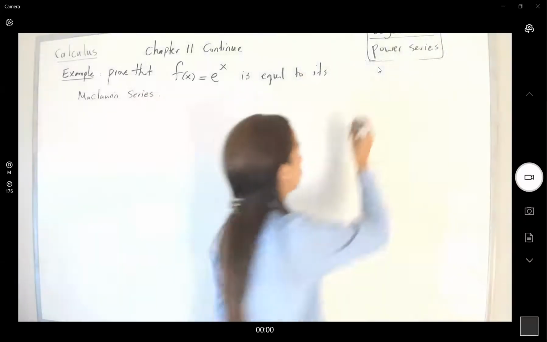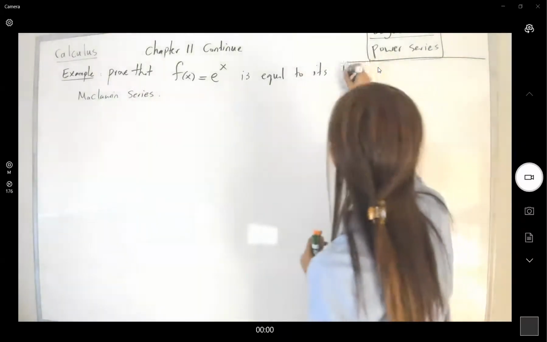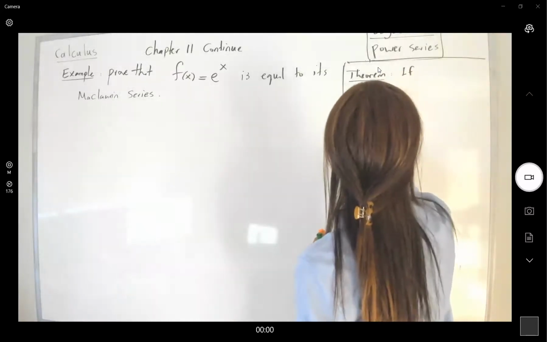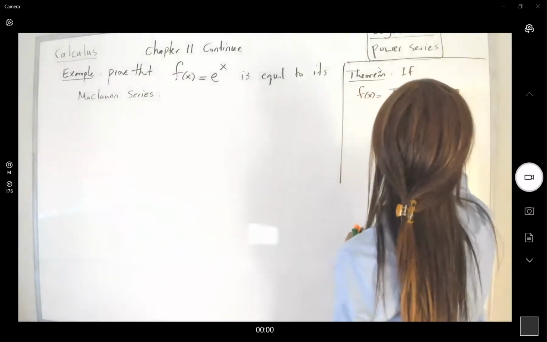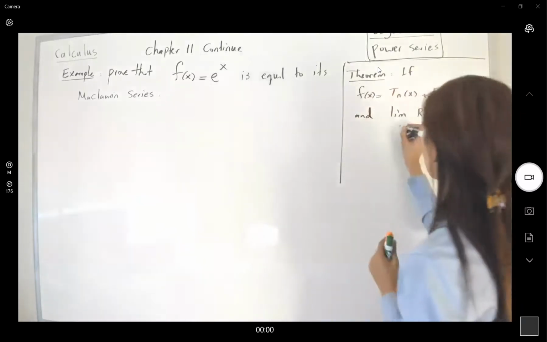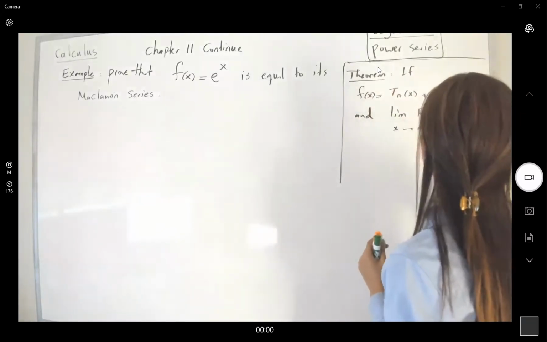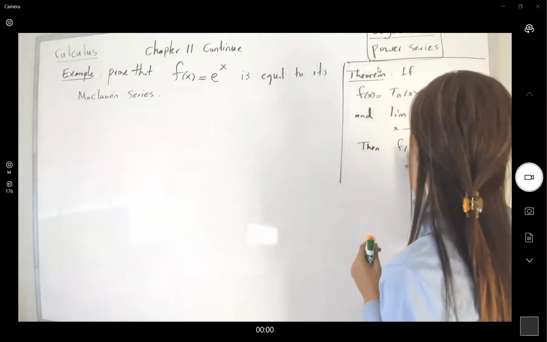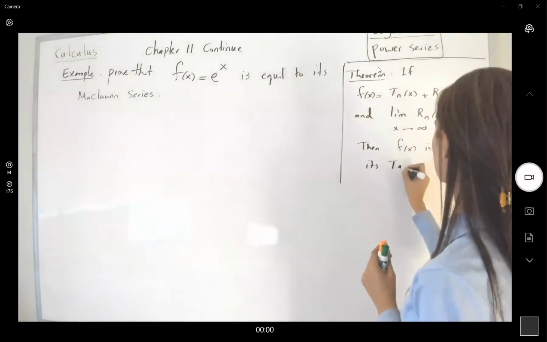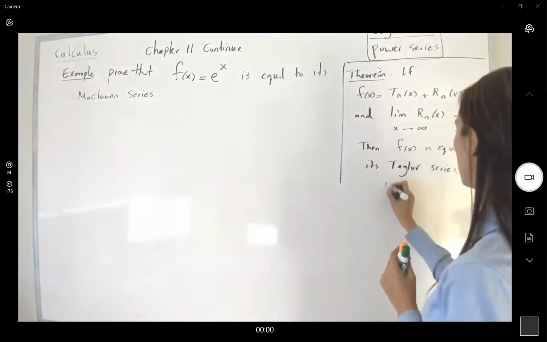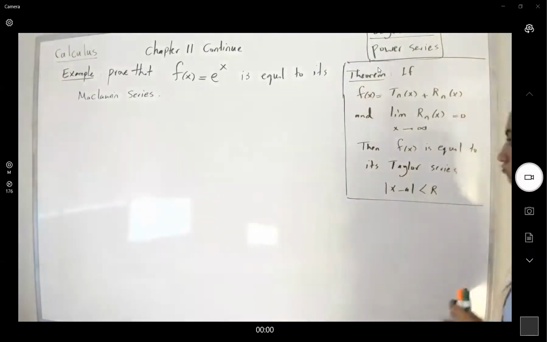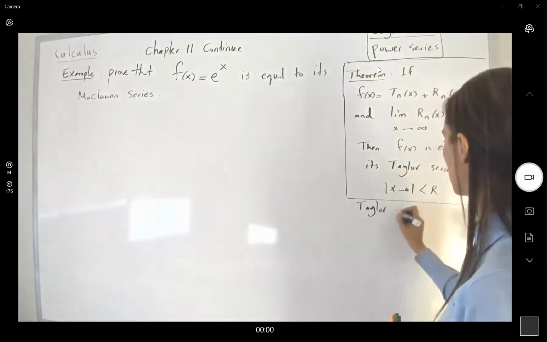Very well. So remember the theorem. Let me write them down here. The theorem says if f of x is equal to Tn of x plus Rn of x, and if the limit of Rn of x, the error, as n approaches infinity is equal to 0, then f of x is equal to its Taylor series over |x minus a| less than R. And Taylor's inequality